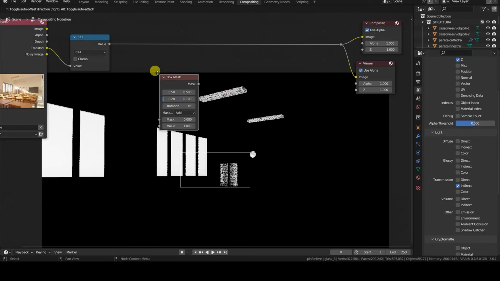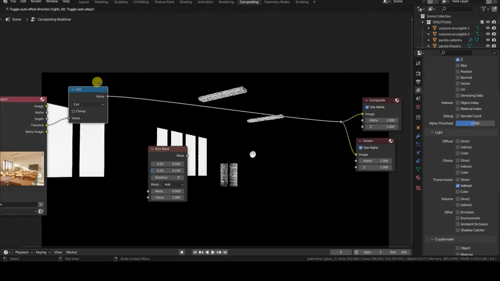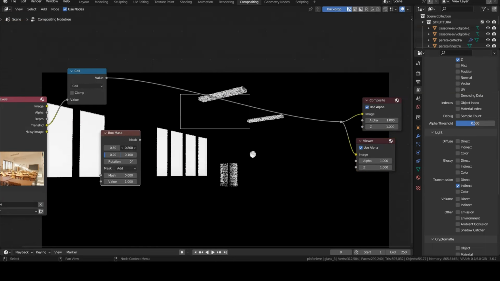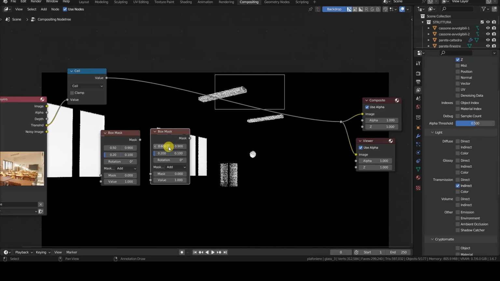To exclude these elements from the mask obtained with Transmission Indirect, let's insert two box mask nodes in the editor, in Add mode, resizing and positioning them to cover the areas we are not interested in.